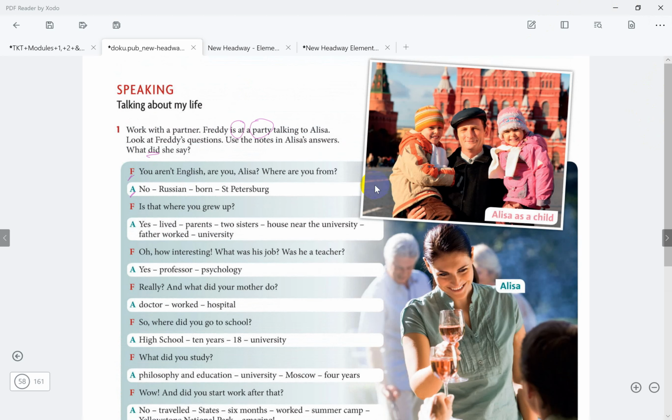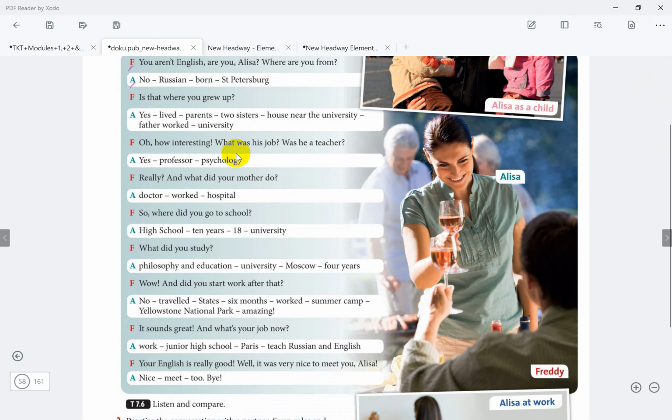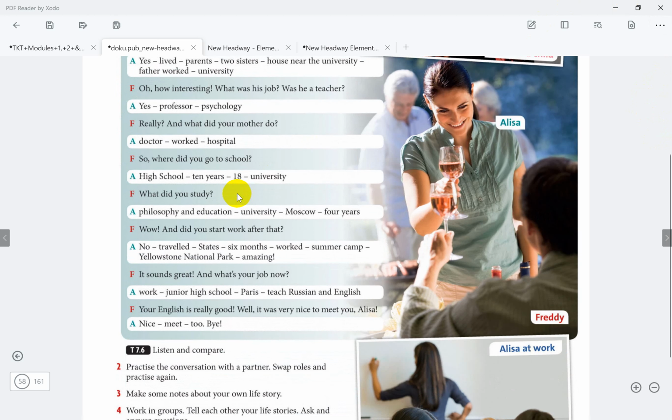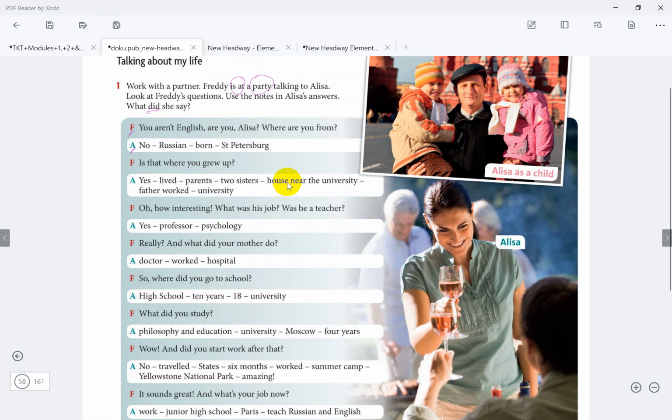This is the way how Freddy asked, and then Alyssa will answer. But you have to make the answers as a full sentence here, since here we have the keywords. Okay, and then we had here psychology and others, Moscow, travel, Yellowstone,